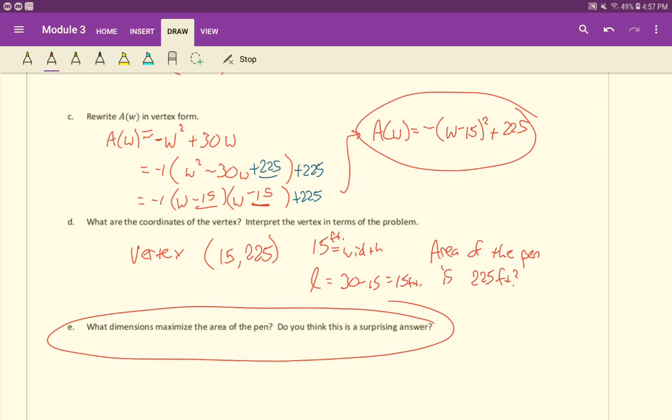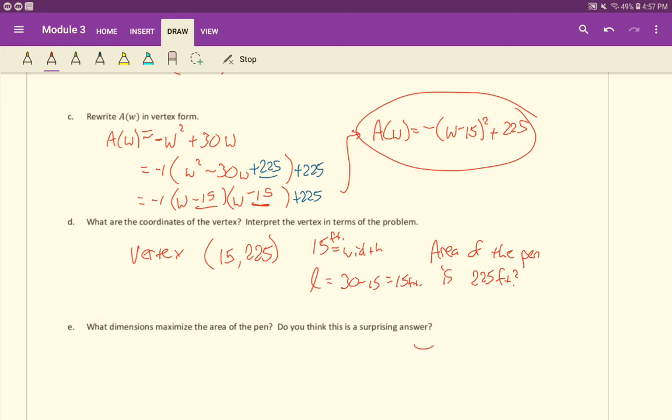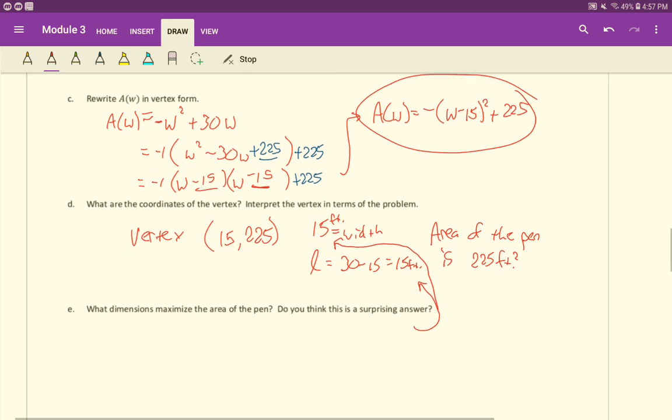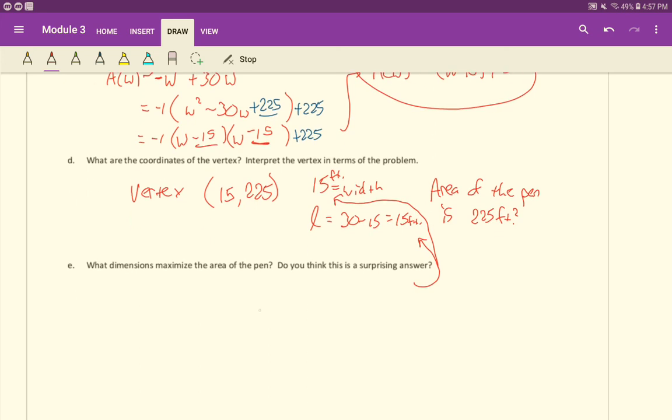What dimensions maximize the area of the pen? Do you think it's a surprising answer? So again, what maximizes it is the 15s there. Do you think it's surprising? No. Okay, no. A square